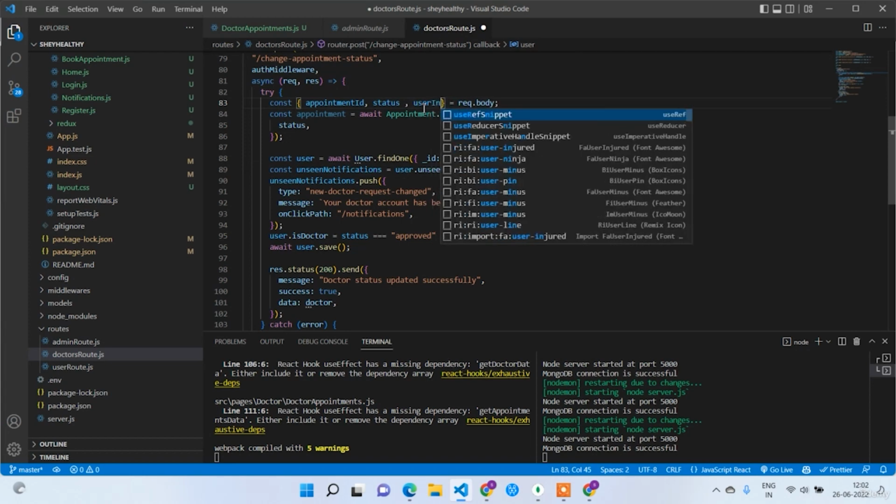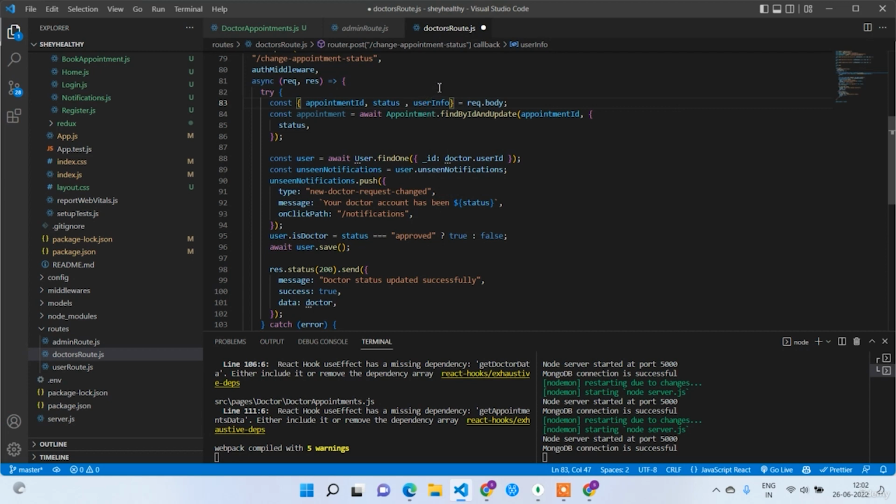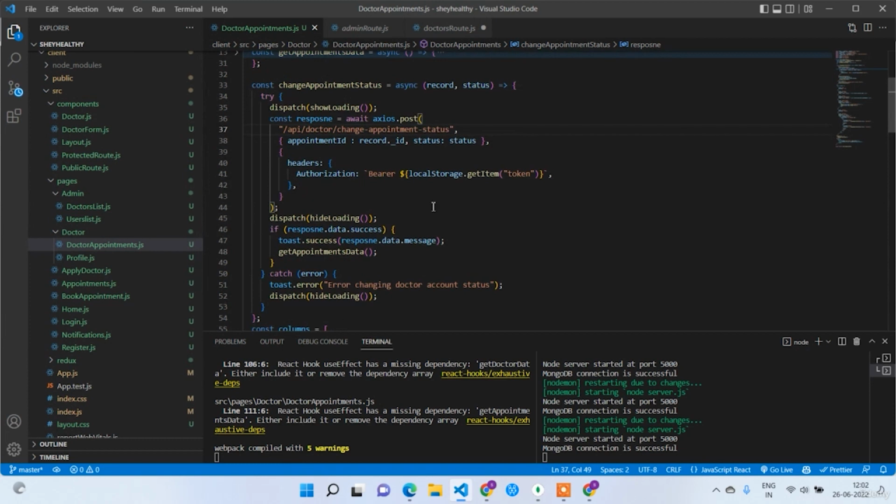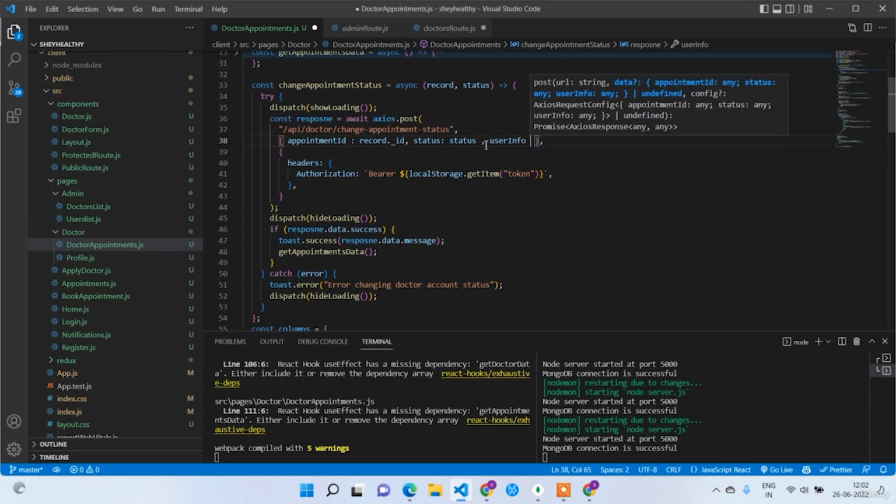User info. I am going to send the user info, because in the user info we'll be having the user ID, and if you send the user ID again it will overlap with the request.body.userId. So that will be a problem. So just send the user info along with the status. User info is equal to record.userInfo,